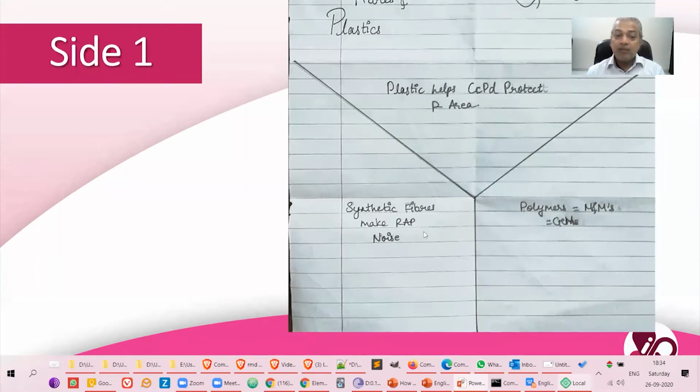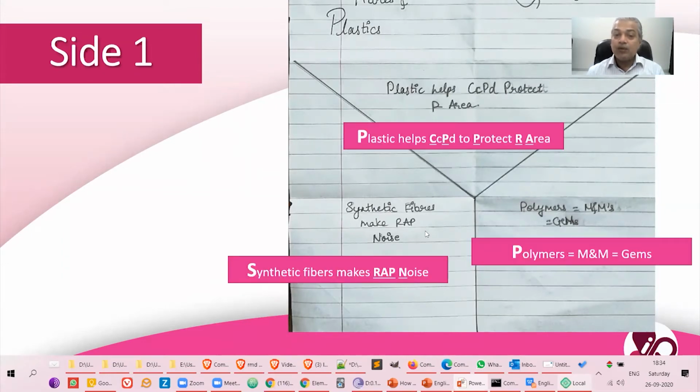Synthetic fiber makes rap noise. And I'm going to collect an alphabet from each of these mnemonics. So what I've got is PSP: plastic, then synthetic fiber, and then polymer. So I've got PSP.